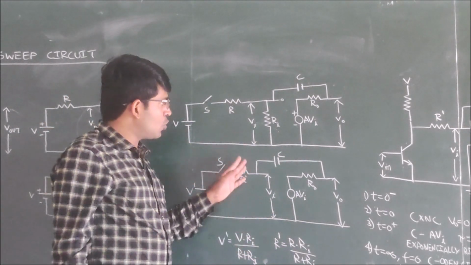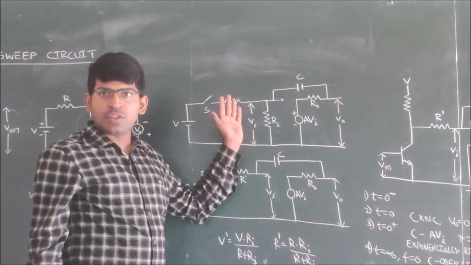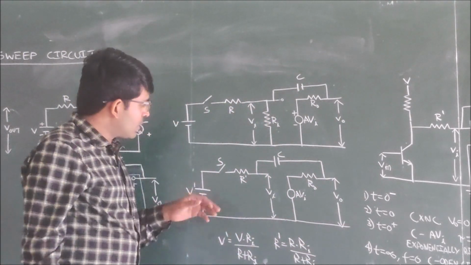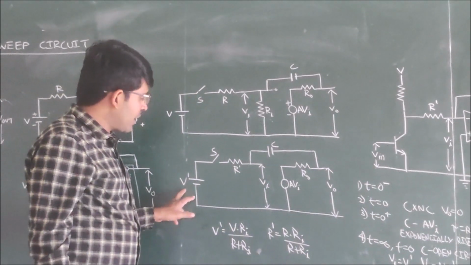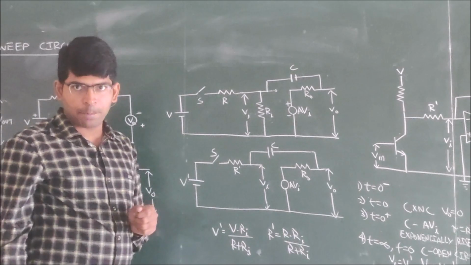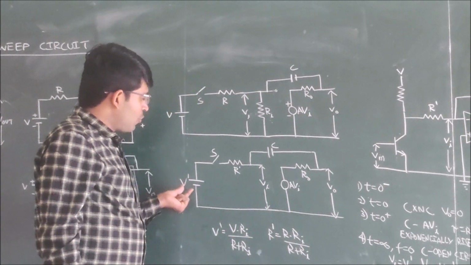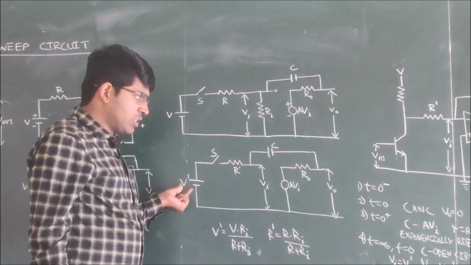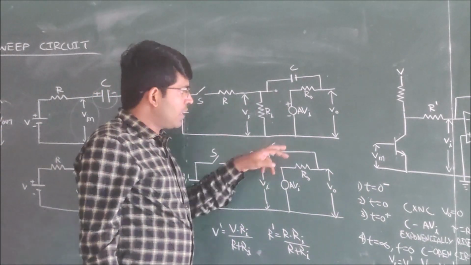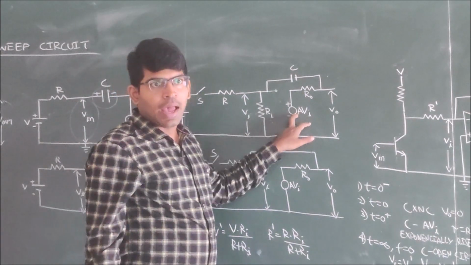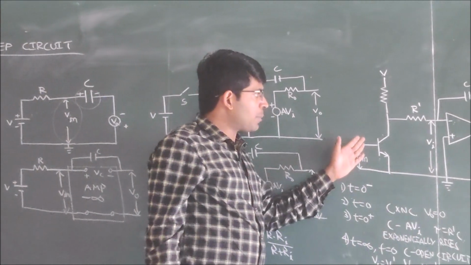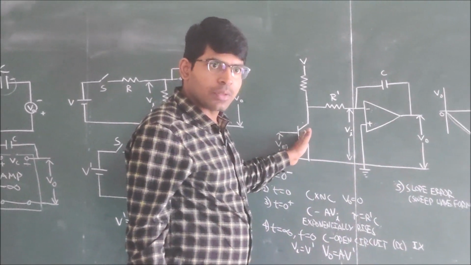R dash is equal to the parallel combination of these two resistors, R into Ri by R plus Ri. The Thevenin's voltage is represented as V into Ri by R plus Ri. That's how we represented the Thevenin's equivalent circuit. The concept is remaining the same. A is the gain of this amplifier, and now we are representing the same circuit as